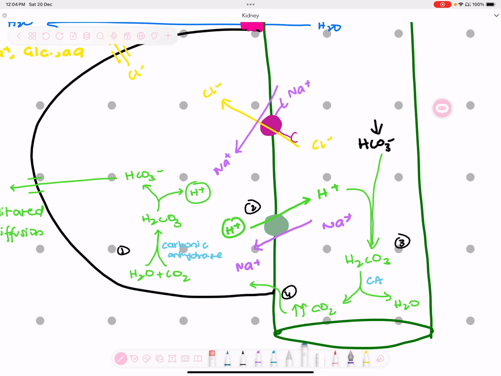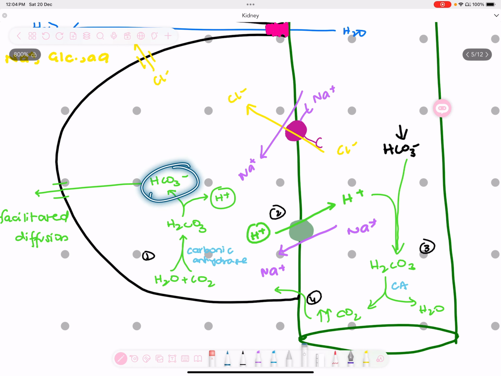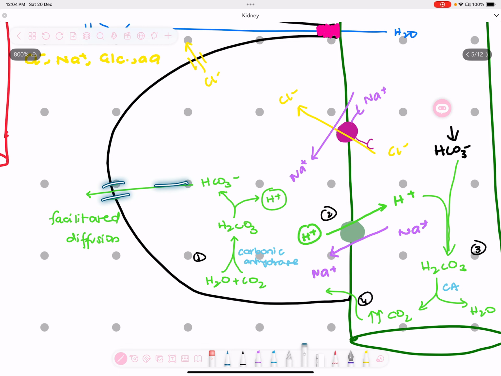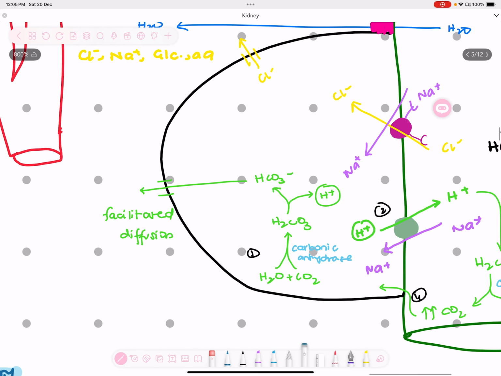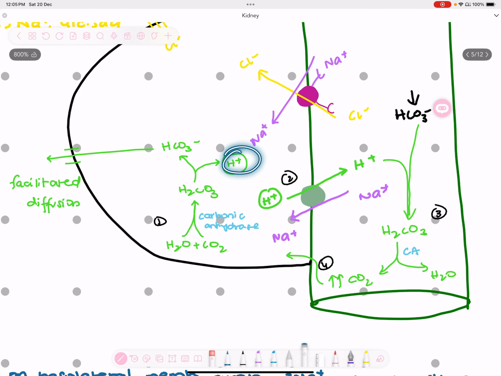acid and then it dissociated into bicarbonate again, and then we have our channels and transporters here, which take bicarbonate through facilitated diffusion into the interstitium and then eventually into the peritubular capillaries. And what about this proton? It gets recycled back, it gets sent back. It is secondary active transport, and then you have this counter transport, also known as the sodium hydrogen